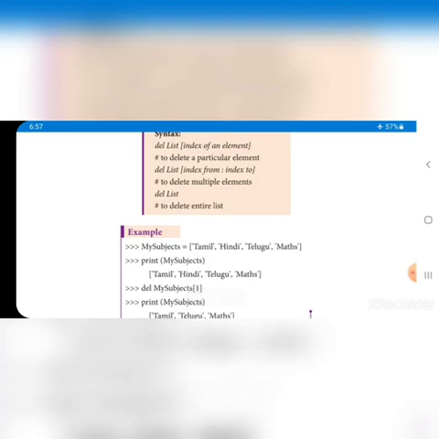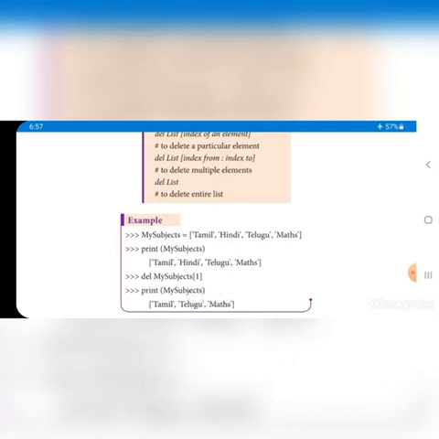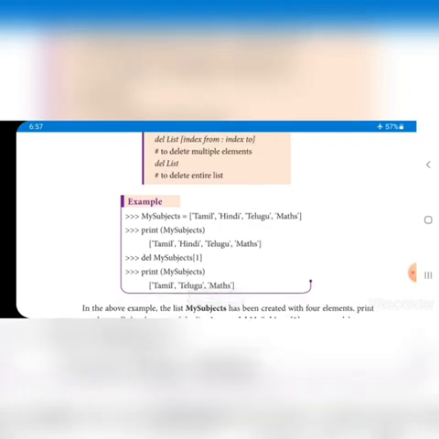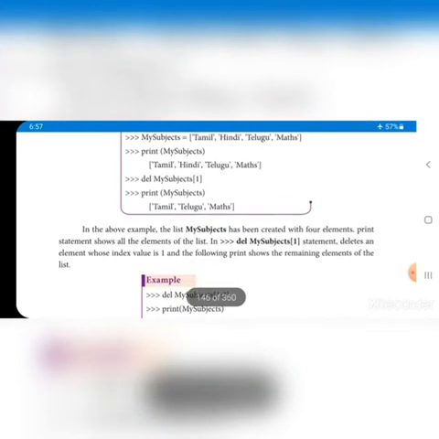And we can use a different style in this function: del list index from, that means the index value, colon, index 2, that means we can use multiple values, from and to. If we are starting from 2, that means the third element, and we end with 5, that means the sixth element, we can use it like that with the help of colon from 2, right? And del list, that means commonly we give it so all the elements are removed directly.